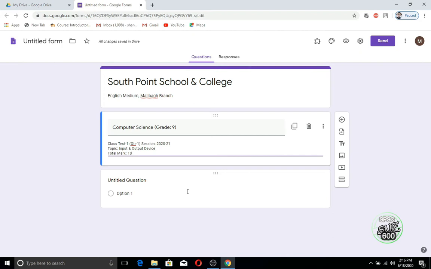For the fill in the blanks question, the options must be given with the questions, because if the student makes a spelling mistake or a capital or small letter mistake, the computer will treat it as a mismatch and give 0 marks. So it will be better to give the options with the question when you are giving fill in the blanks questions. Before starting with the questions, I need to change one setting from here.